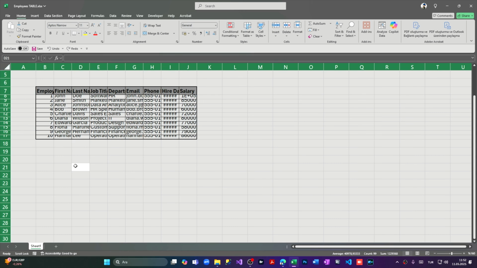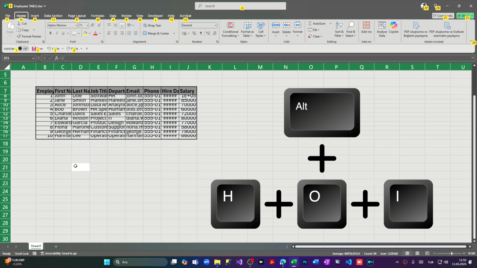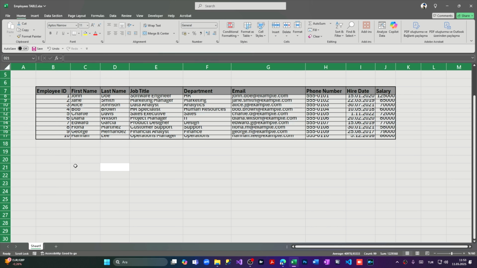We're selecting the entire worksheet, and after that we are clicking Alt. We are releasing the key, and after that we are clicking H and releasing the key, O, releasing the key, and after that at the end we are clicking I and releasing the key. And when we are releasing this key combination, as you can see, we have automatically adjusted the width of the columns inside our Excel table. Also fit the height of this table.